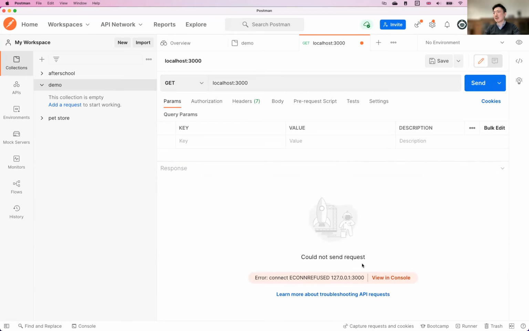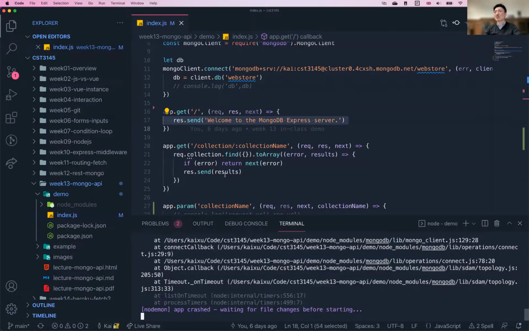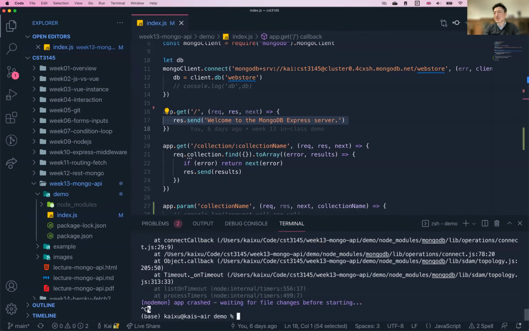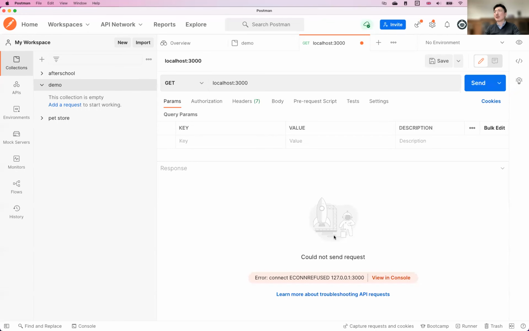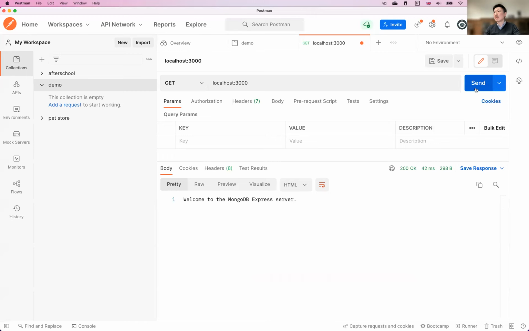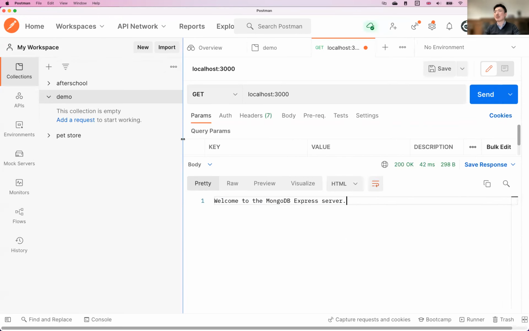And it says could not send the request, connection refused. That's because the local server had an error. Now it's stopped again. So I'm going to stop and restart, and I can send again. Okay, and you can see the result is back here now, and that's the message you should be receiving when it's run properly. And then to save this, click here,